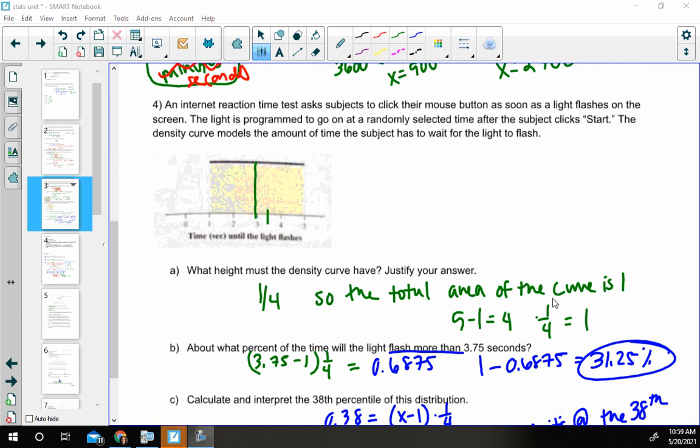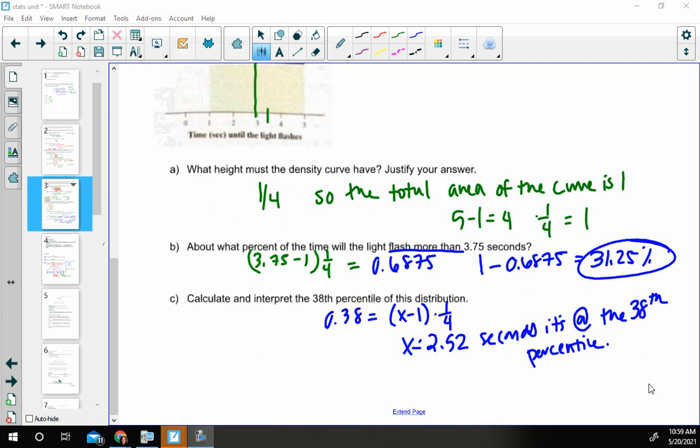All right, I am going to flip up your last set here. Take a look. B is what I'm nervous about because if you find it, it says more than 3.75. So I'm not actually using the 68% because I want more than that. That is everything underneath it. So you have to be careful of what it's actually asking for, whether it's less than or more than. Okay, once you have that, flip the page, you're going to start up normal distribution before we head to lunch.